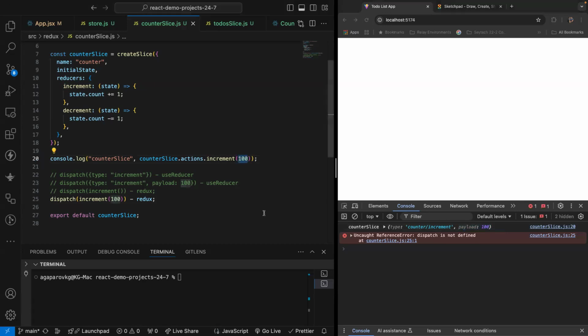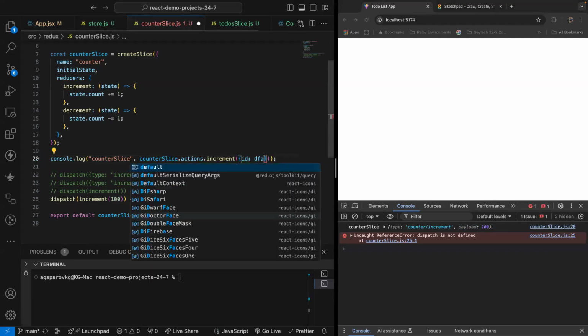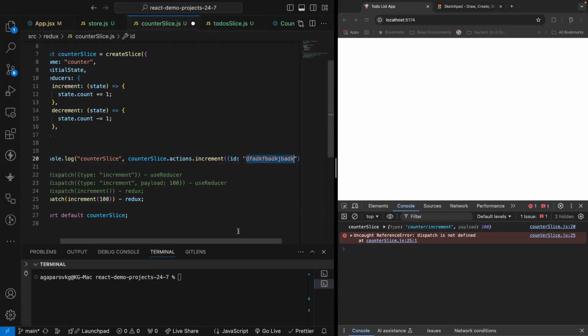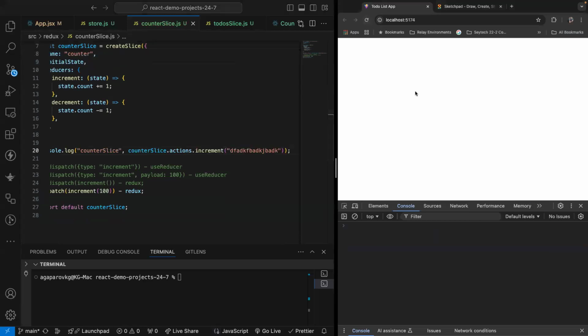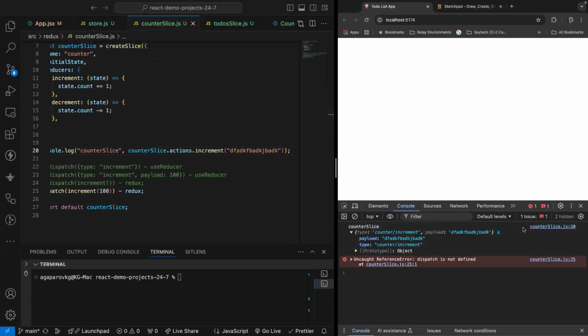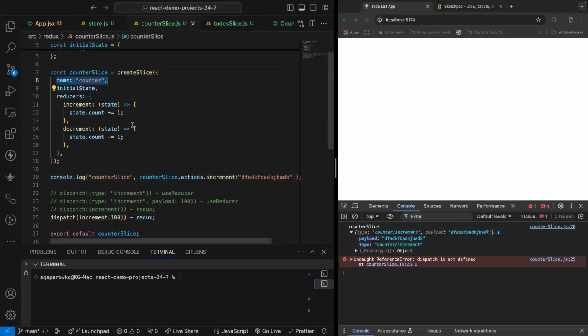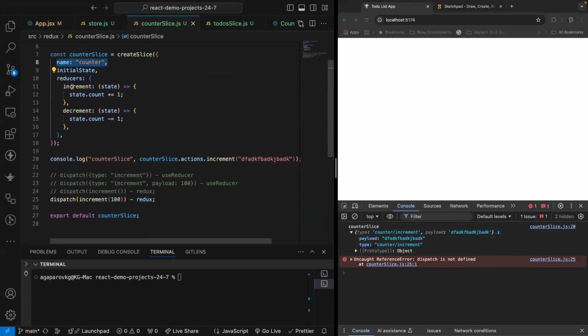Every time we would like to pass something over here, for instance, object ID is equal to something like this as a string, okay? Now the payload, right? The payload will contain an object, basically. Let's just put an ID like this. Okay, we're passing an ID, all right? So now the payload is the ID of the to-do or whatever you would like to do, and you can do some logic based on that ID. But again, the type is coming from, it takes the first name of this one, and then the name of basically this guy right here,